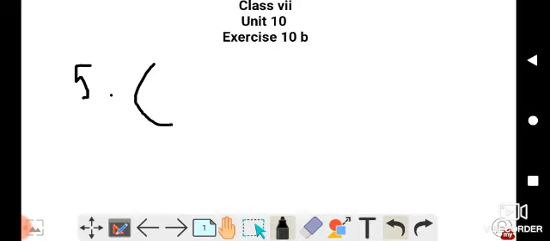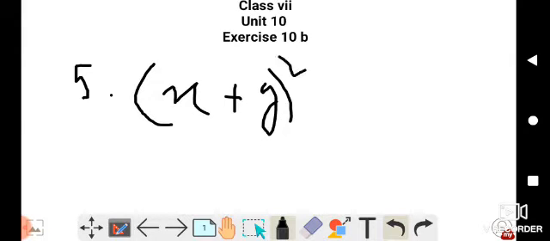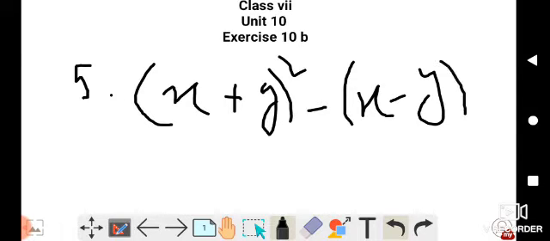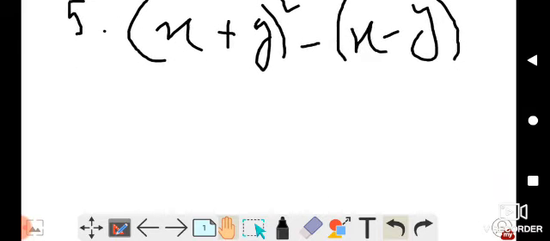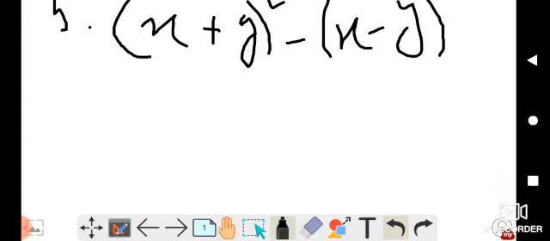(x + y) whole squared minus (x - y) whole squared. Okay, this is the question, beta. I already told you this is done according to a formula. Which formula? The formula is